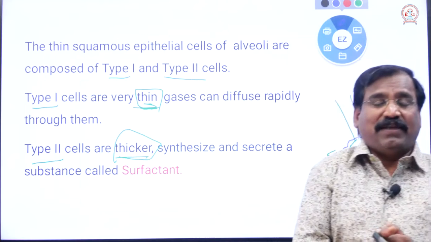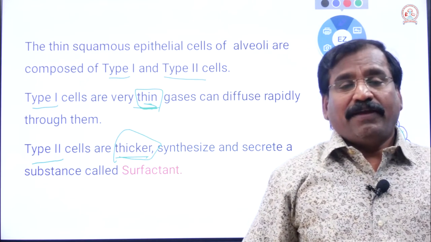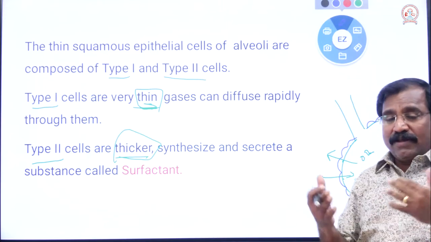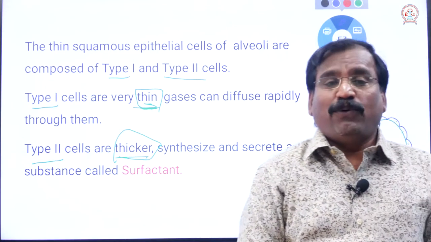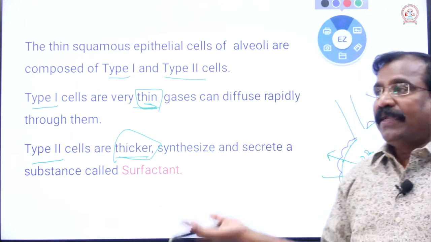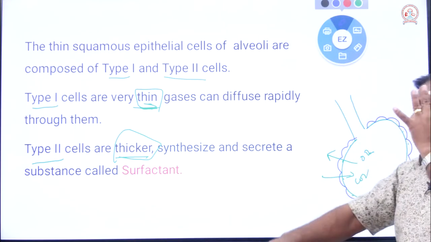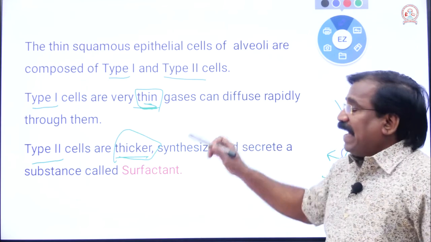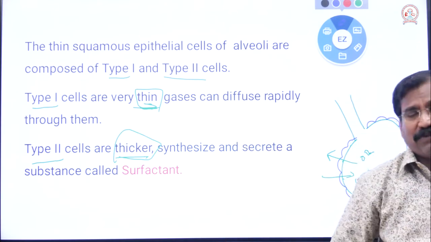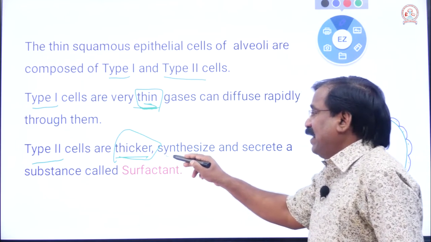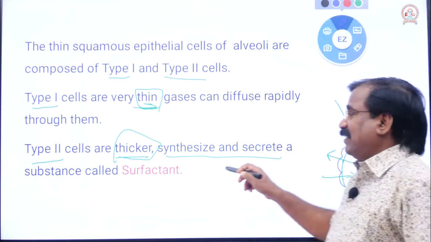Maybe a 2 marks question: Distinguish type 1 and type 2 cells of the squamous epithelium of the alveoli. Differentiate. Type 1 is thin, type 2 is thick. Type 1 is helpful for gaseous exchange, through which gases easily diffuse and penetrate. And type 2 cells, listen, synthesize and secrete a substance called